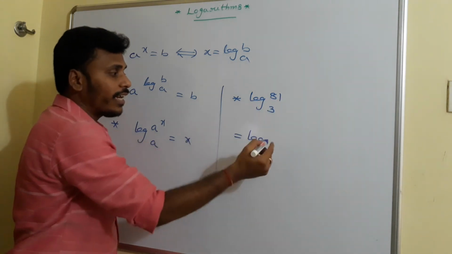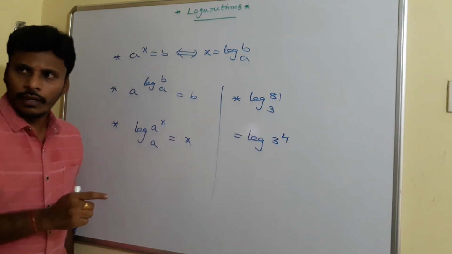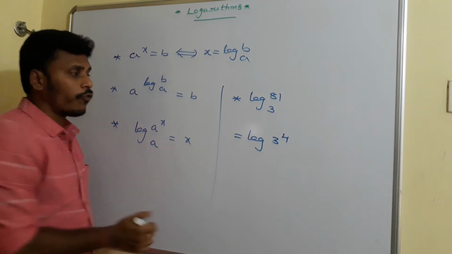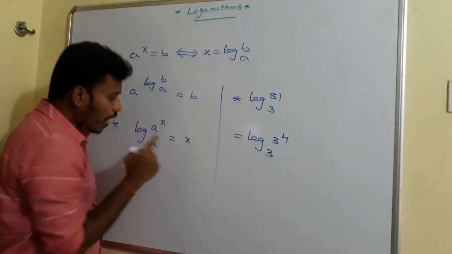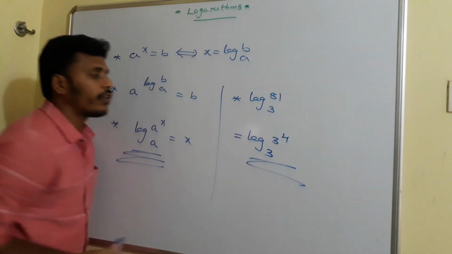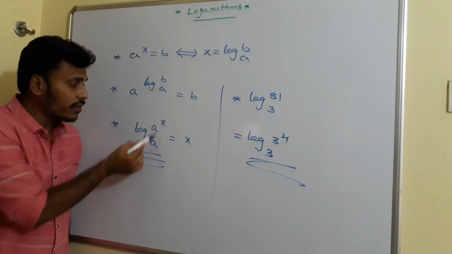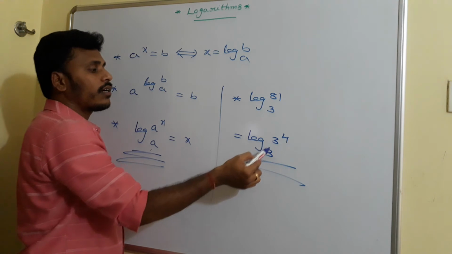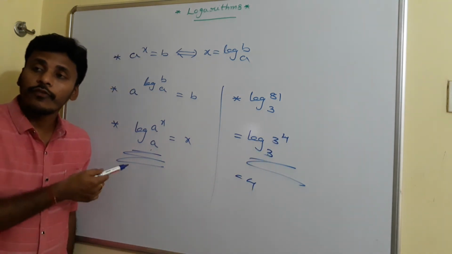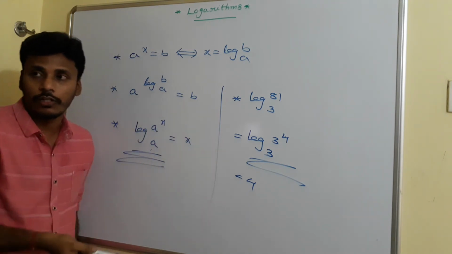You just write this 81 as 3 power 4. Since 81 is 3 power 4, are you sure that 81 is 3 power 4? Right. So since 81 is 3 power 4, this base is also 3. Now observe logarithm of a power x base a and this logarithm of 3 power 4 base 3. If you observe these two things, this a and that a are the same and this x is the answer, then this 3 and this 3 are the same and this 4 is your answer, right? So if you are strong in these laws, then automatically you are strong in answering those questions also.